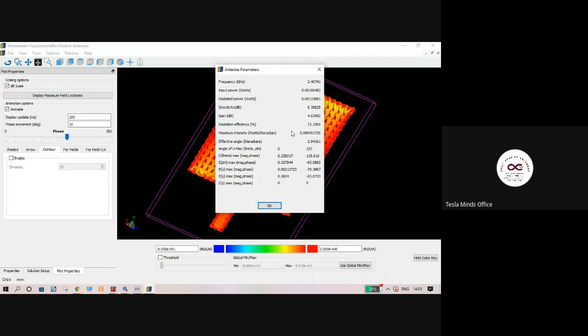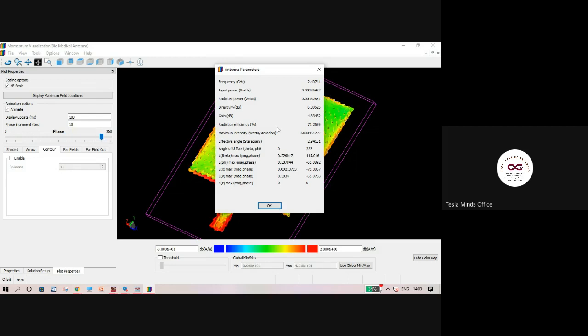But as I said in the beginning itself, if you are only concerned with microstrip antenna design, ADS is mostly enough software for you. Right? I did my project in ADS software only. So likewise, ADS is enough if you are only dealing with antenna, or if your team is only dealing with antenna design. ADS is the most powerful tool.